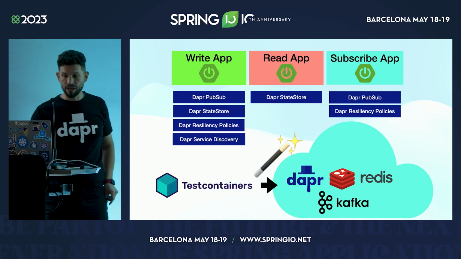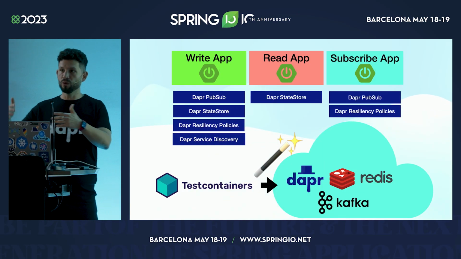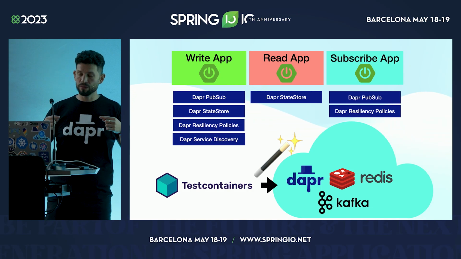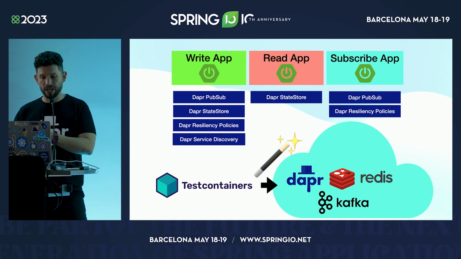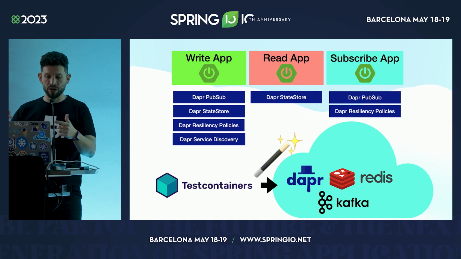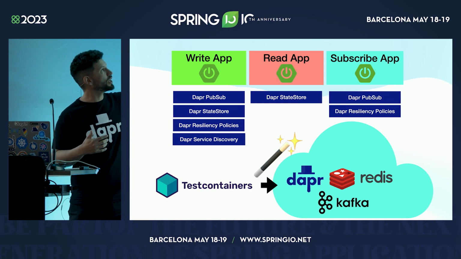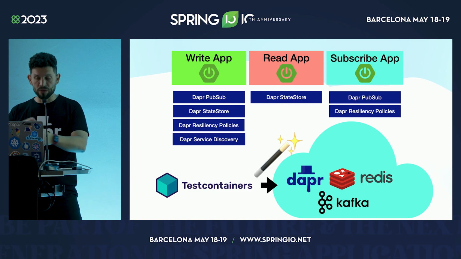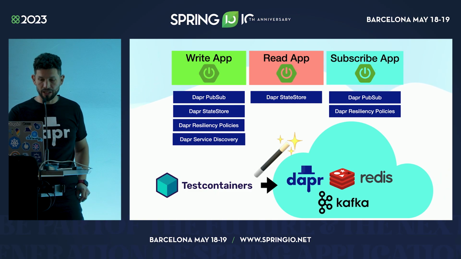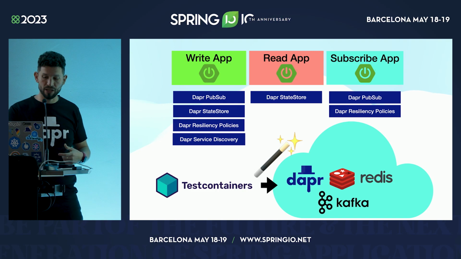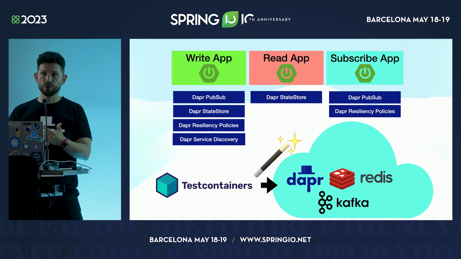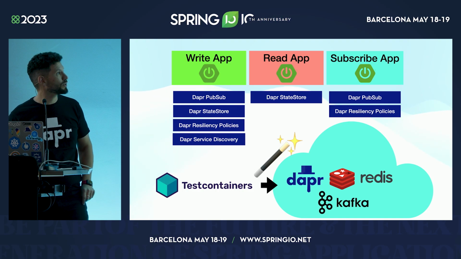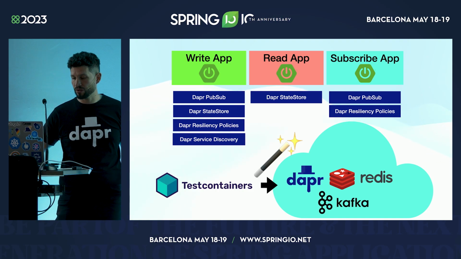So the idea here is the same, right? Imagine that you're building these multiple applications, and you want them to talk to each other, but you don't want to run them in Kubernetes, and you don't want to rely on Kubernetes to inject all the Dapr configurations and all that stuff. So you can actually do that today with Testcontainers by using some extensions. And the idea here is that whenever you start your write application, for example, Testcontainers will bootstrap a Dapr sidecar that will run close to your application and all the infrastructural components that you need for that application to work.